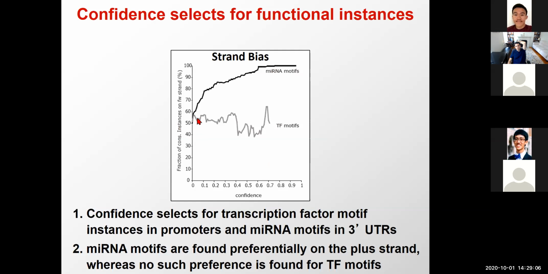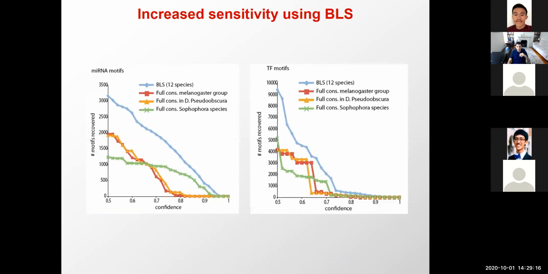Whereas microRNA motifs are non-flippable. And the reason for that is that they are recognized at the RNA level, where the microRNA will bind your target mRNA and hybridize to it. You can also see this increased specificity and sensitivity using the BLS. If you require full conservation, you capture many fewer motif instances, but with branch length score, you capture dramatically